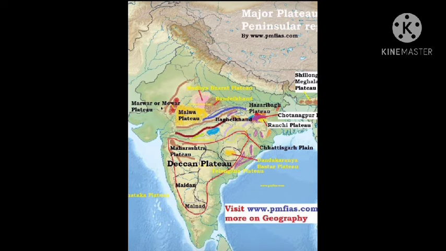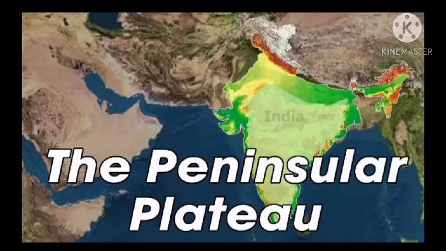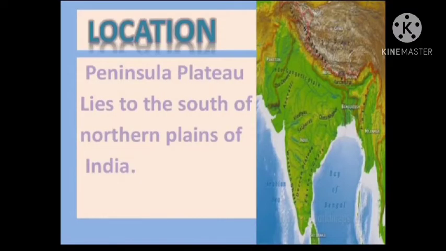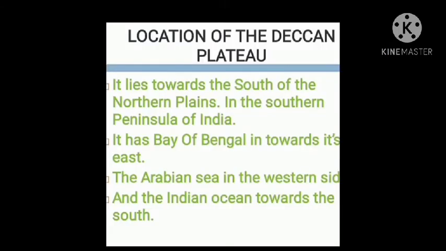What is the location of the peninsular plateau? The peninsular plateau lies to the south of the northern plains of India. Northern plains are in the north. Exactly to the south of the northern plains is the peninsular plateau. It has the Bay of Bengal towards the east, the Arabian Sea on the western side, and the Indian Ocean towards